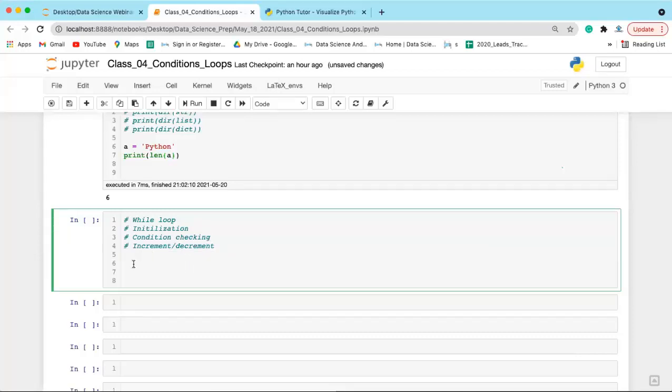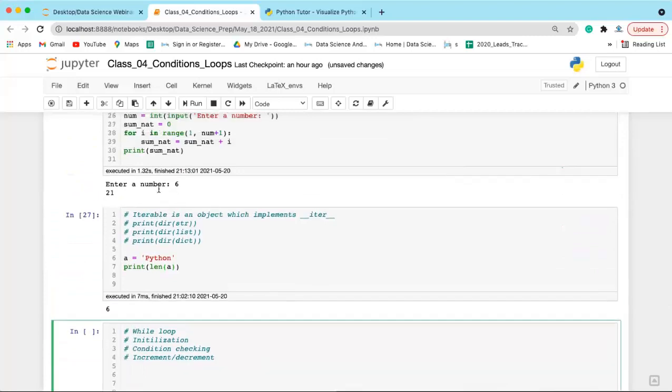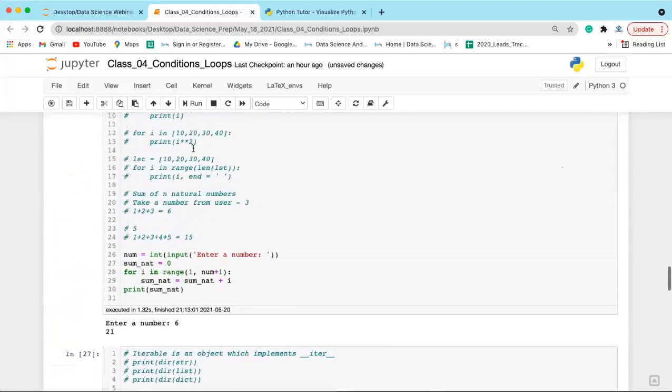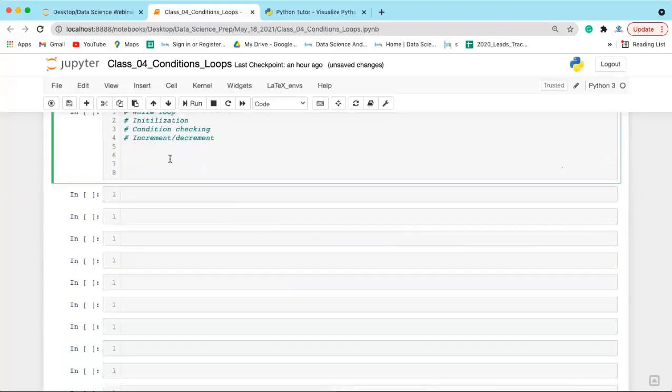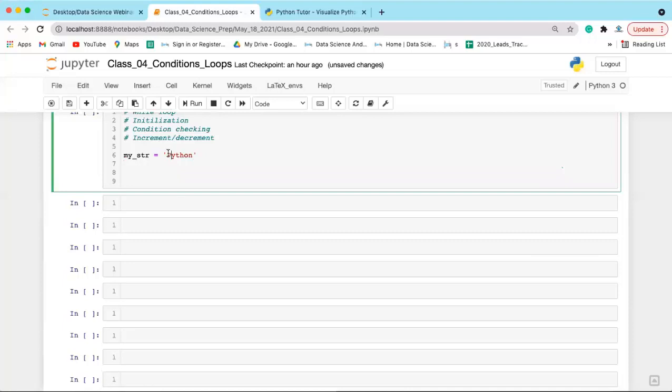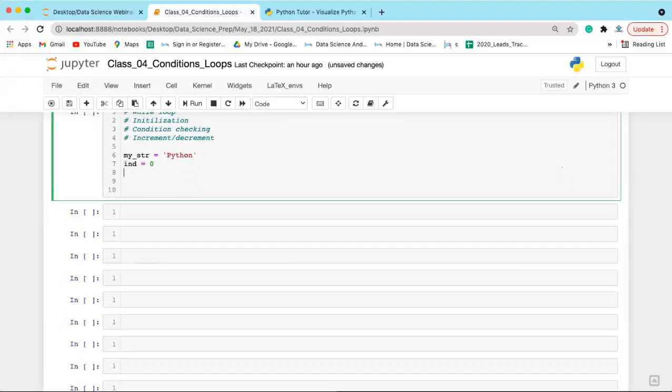Now let's see how we do that. For example, I want to do the same thing: access each element from this string. So I have a string my_str equal to Python. I know that string index starts from 0, so I'll take one index variable ind equal to 0, and I will check while ind is less than the length of my_str.